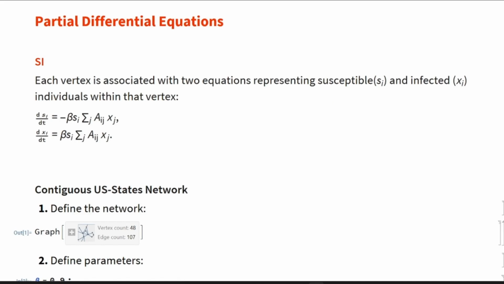Now, when modeling disease transmission on networks in the differential equation approach, the equations are adapted into a vector format. In this format, each vertex or population within the network has its own set of state equations. For example, for the SI model, each vertex will be associated with two vectors representing susceptible and infected individuals within that vertex. However, instead of directly using the number of infected individuals, we usually employ this expression. This modification is essential because it restricts the disease transmission to only the adjacent vertices. Using this term includes using the adjacency matrix that indicates the connection of edges between different vertices in the network.